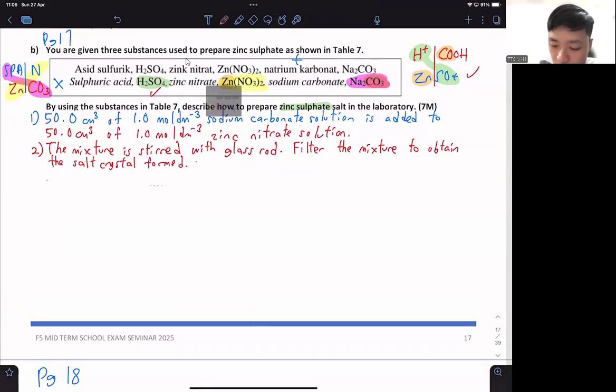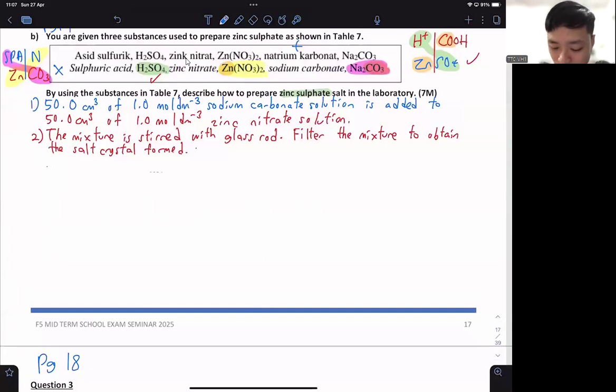Okay, basically, if you want the equation, right? So what happens? Sometimes they might give marks on the equation, so you just write everything down, put everything inside, so you got zinc nitrate